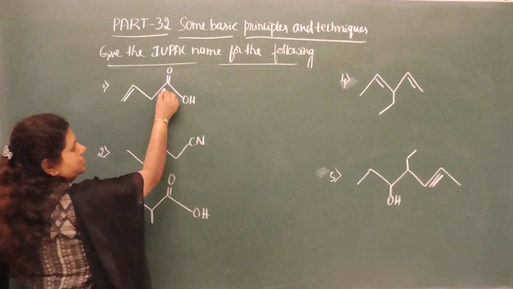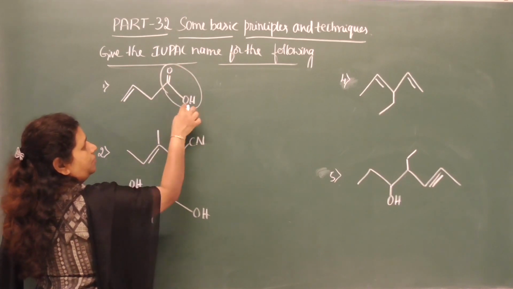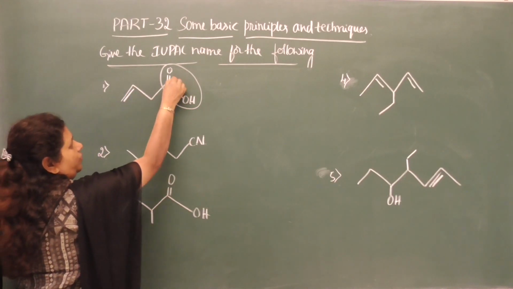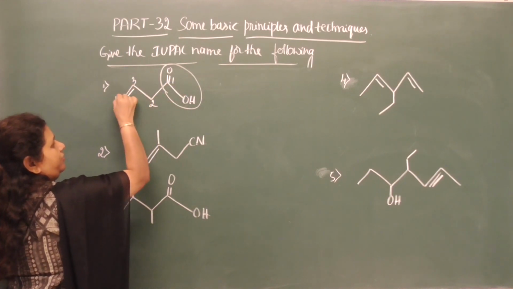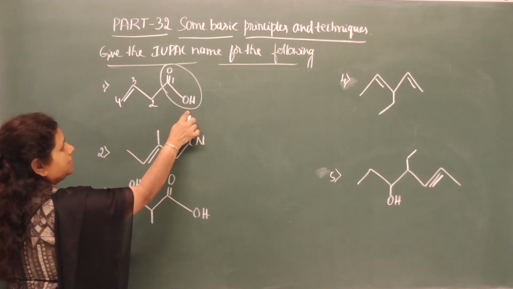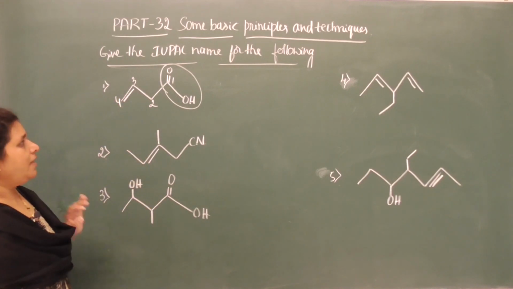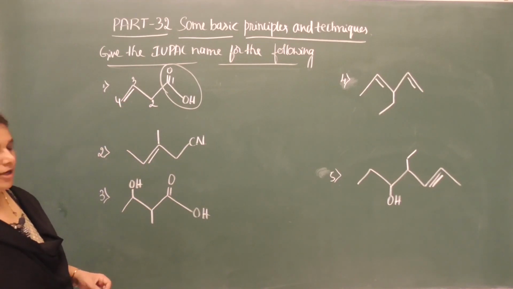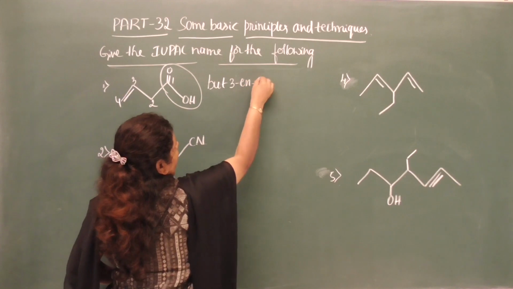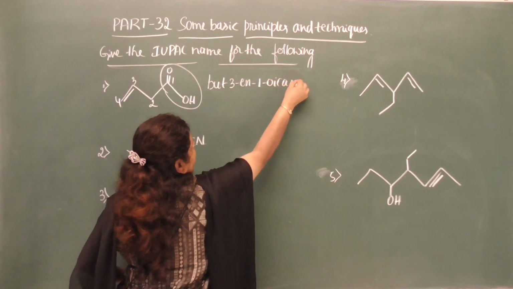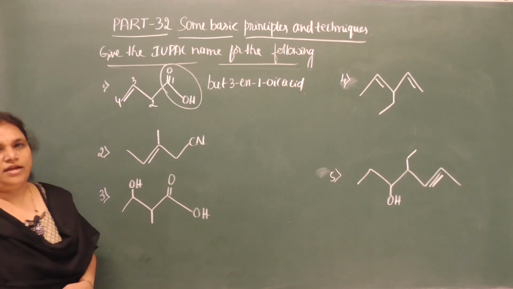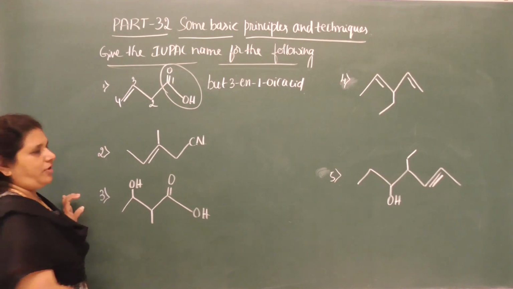So look at here, this is the functional group, correct? C double bond O OH, definitely carboxylic acid, and here is a double bond. Select the chain 1, 2, 3, 4. I have selected this carbon chain, and first position functional group carboxylic acid, between 3 and 4 there is a double bond. So then what is the root word? 4 carbon atoms are there. So but-3-en-1-oic acid. But-3-en-1-oic acid is the IUPAC name of this bond line formula. Now move on to the second one.